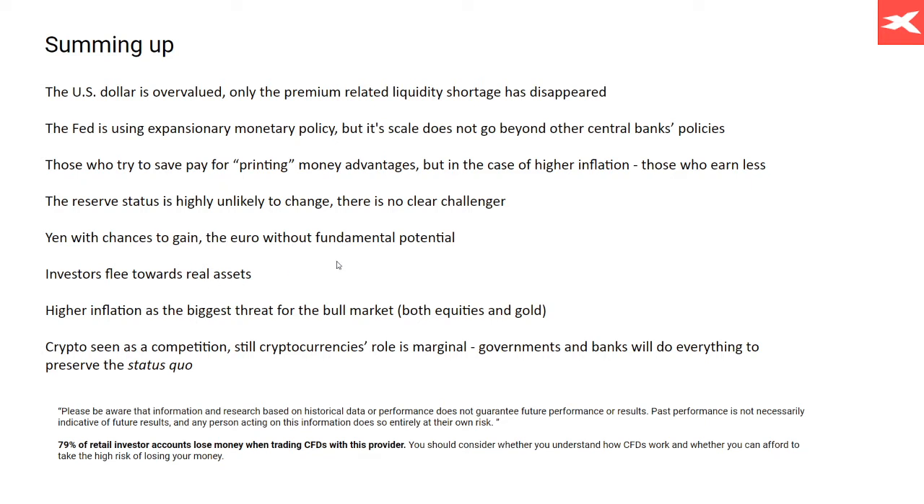And investors are fleeing towards real assets, so away from bonds and all of that, into stocks and precious metals or other, say, safe havens. Higher inflation is the biggest threat for the bull market, both equities and gold, so that is the devaluing of the actual currency. Crypto, seen as a competition, however, still cryptocurrency's role is marginal. Governments and banks will do everything to preserve the status quo, and I believe that obviously a lot of people are still skeptical when it comes to cryptos because there is no fundamental backing to them. However,